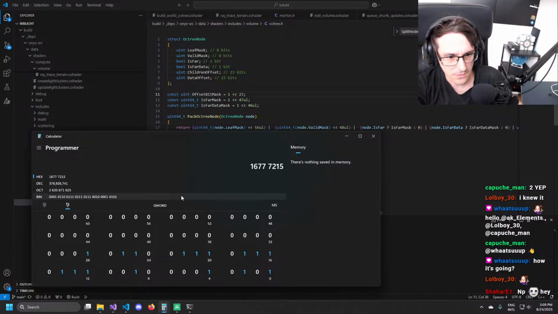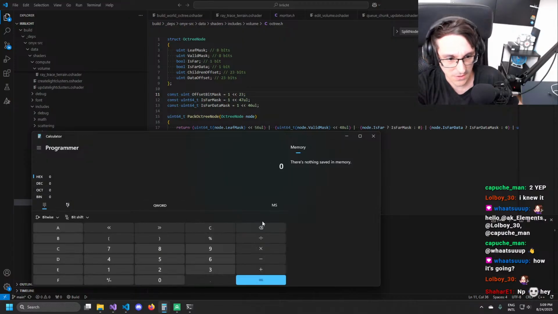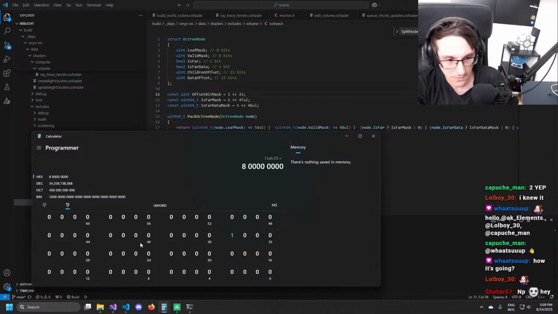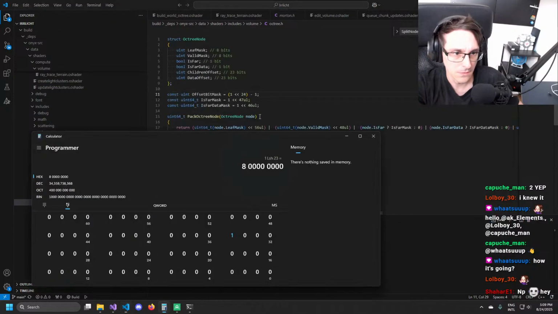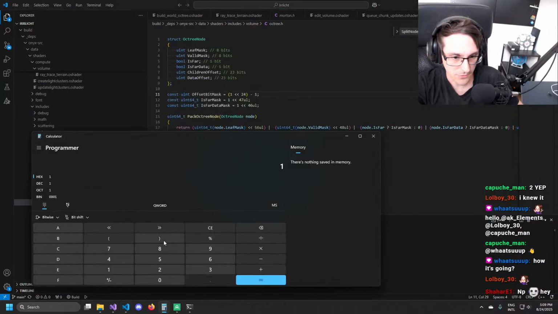And then 1 shifted by 23 is definitely wrong, right? Because I think we want 1 shifted by 24 minus 1. Right, 1 shifted by 24 minus 1